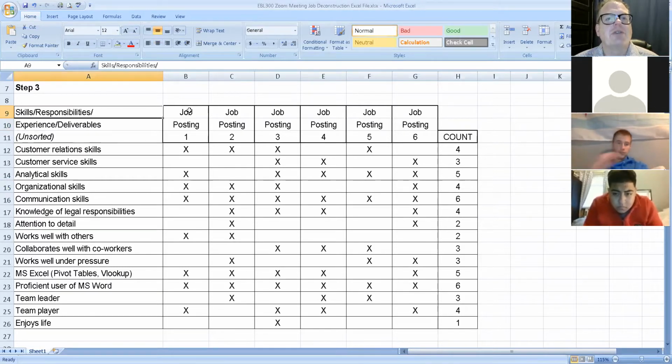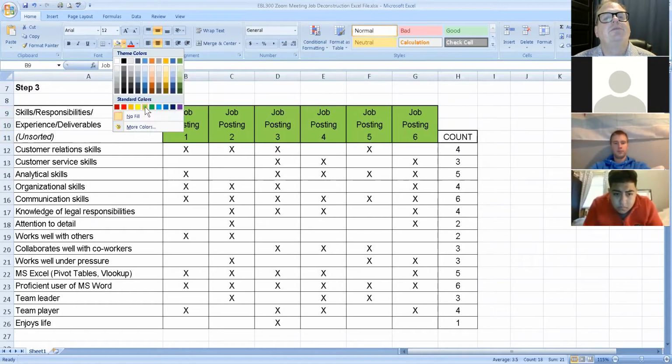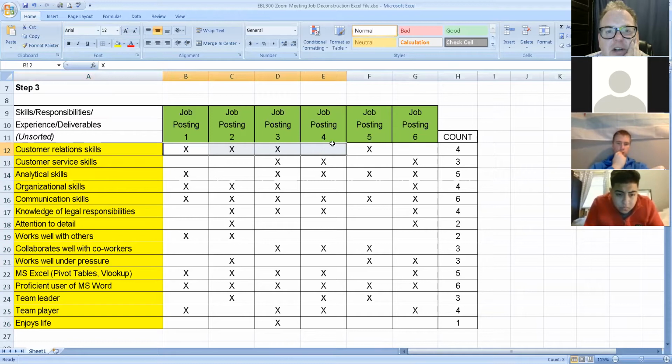So here's what you're supposed to do. So you can get your 6 job postings up here. And you're going to go through each of those postings and you cut and paste out whatever they have for responsibilities. And you're going to go through all these and cut and paste all their stuff that they have for that. So these are all of the things that you find that they have. So, for instance, customer relations skills. You go across here and